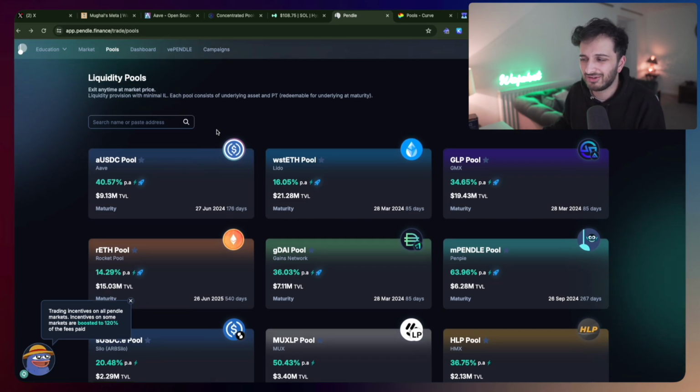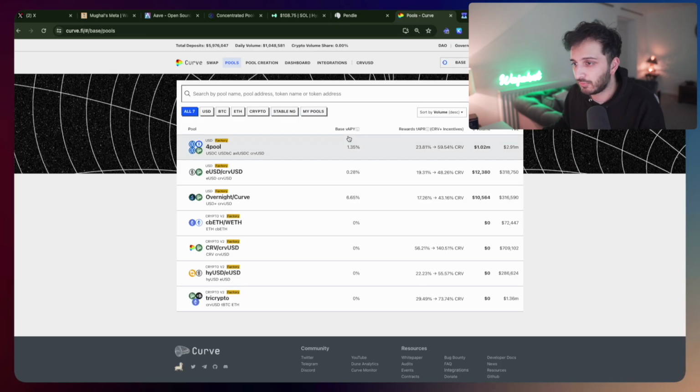This is Pendle. Again, not too much to really say here. Very simple deposit and earn strategy. You don't really have to do too much. You can withdraw anytime. Moving on, we're going to talk about Curve, and we're going to talk about Curve on